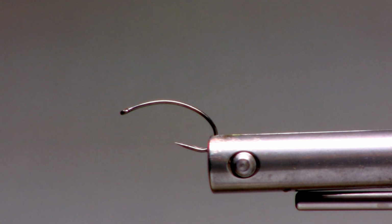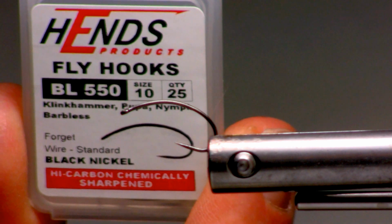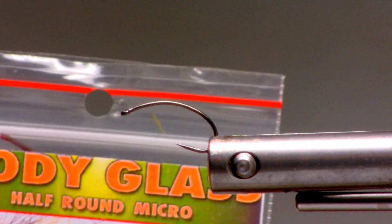So this is the TLC Chironomid Series 5. I have another Pupal Emergent pattern that I'd like to show you. Again, the body material is all the same. We're running the Clink Hammer 550 style hook for the emerger, and I do tie these down to a size 14. We're running the Hends body glass micro